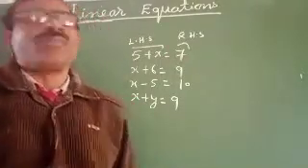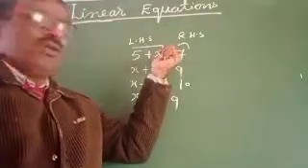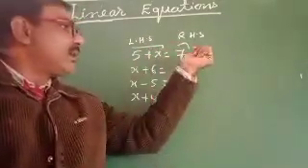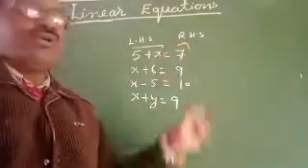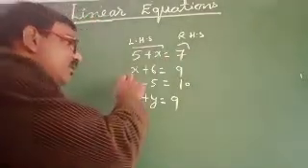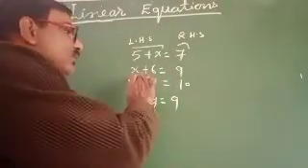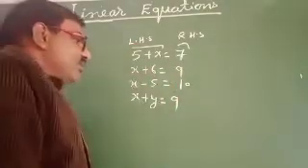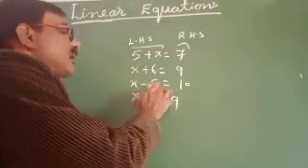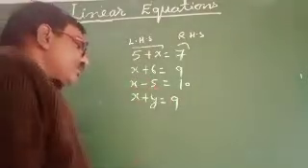If you put the value of x as 2 in this equation, we get 5 plus 2 equal 7. We get the right hand side. So x equal 2 is the solution of this linear equation. If you put here the value of x equal 3, then we get 9. So x equal 3 is the solution of this equation. If you put the value of x equal 15, then we get 15 minus 5 equal 10. Then x equal 15 is the solution of this equation.